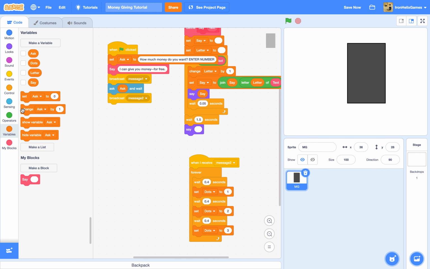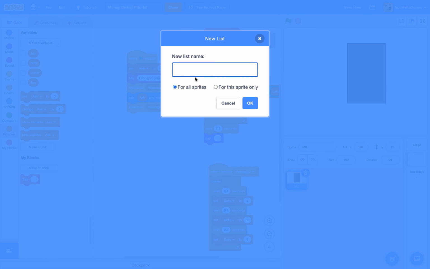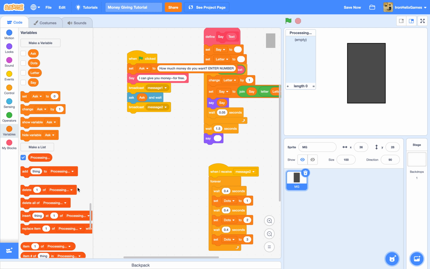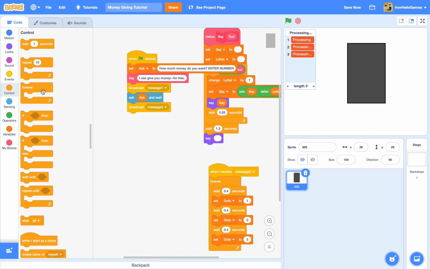Alright, now we are going to make a list called processing. Now we are going to add processing: dot, only 1 dot, and then processing 2 dots. You can zoom if you like, if you can't properly see this, and the 3rd dot. Alright, there we go. Now, we are going to do a repeat loop,